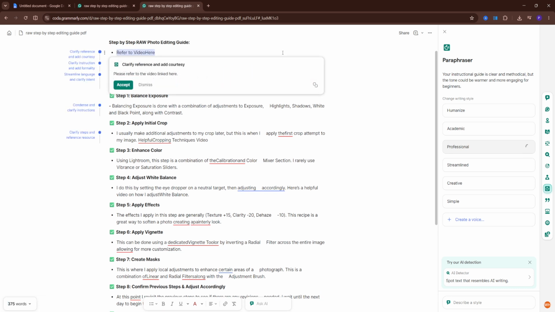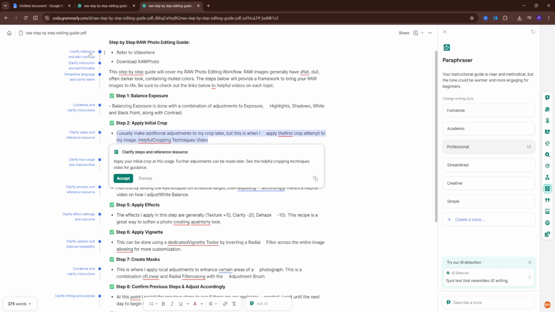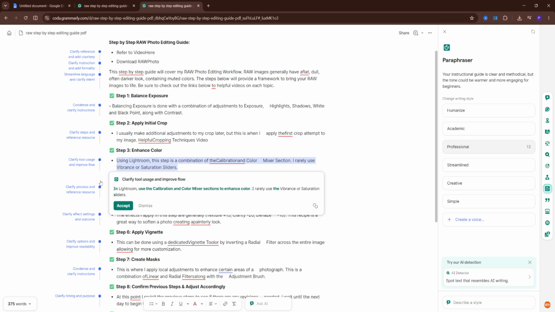And as you can see here, something is going on right now. And yeah, instantly we'll change it. So as you can see here, clarify tool usage and improve. Okay, in Lightroom, use the calibration and color mixer section to enhance the color. So as you can see, he's basically changed something. So this with the green one is basically